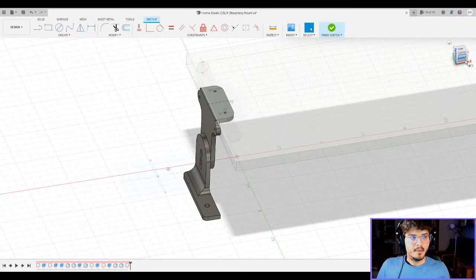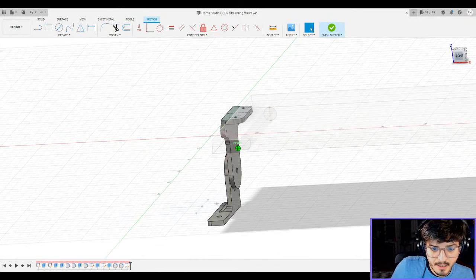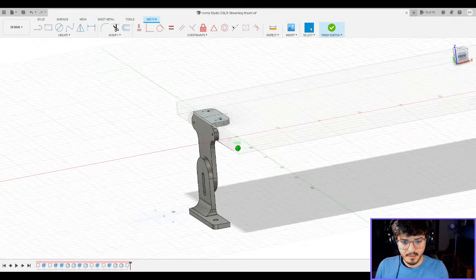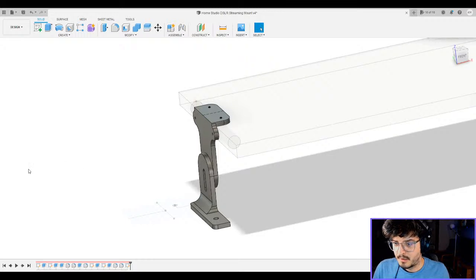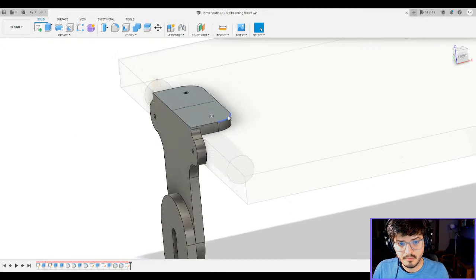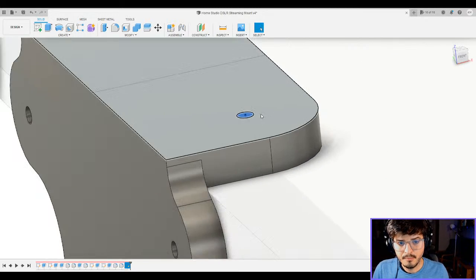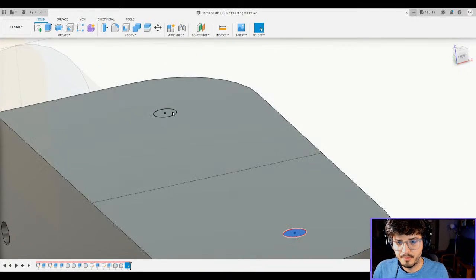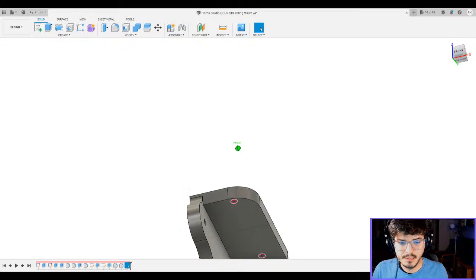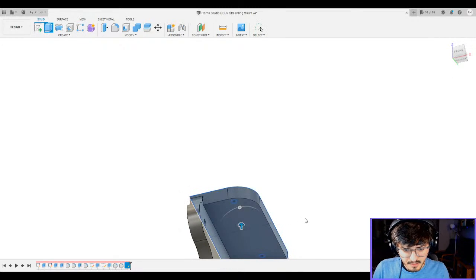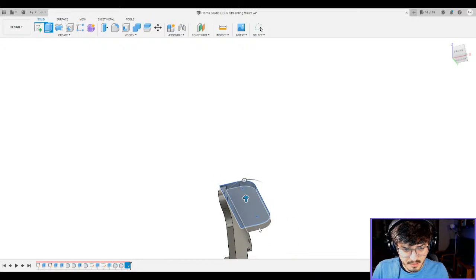Okay. All right. Yeah, I think I'm feeling good with this. So let's finish the sketch. I'm going to just do these holes right here. Well, if I can grab it right there. I'm going to turn off the shelf, just so I can see underneath. Extrude. And there. And under.